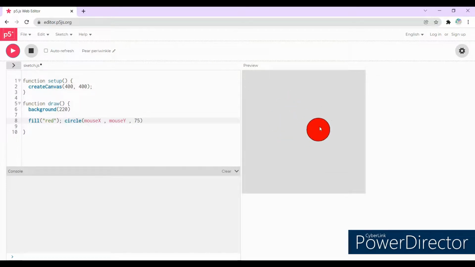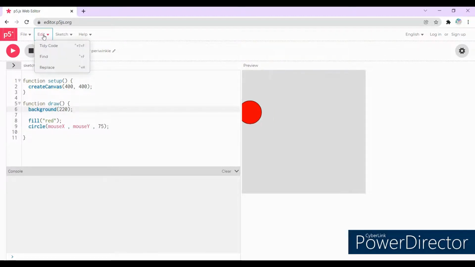I personally don't like skipping these semicolons or writing statements all on one line. Usually there's more than one person working on some project which requires programming. It's not always easy to understand what's happening in the program written by someone else. So it should be neat and tidy. In fact, here in P5, if you click on Edit menu, you will find this command tidy code. And if you click on it, your code will get properly organized.